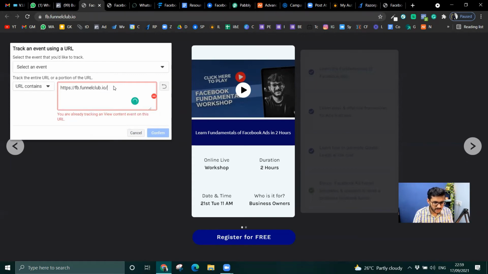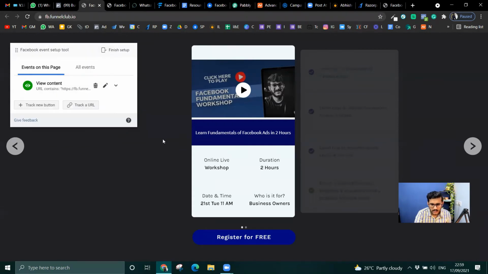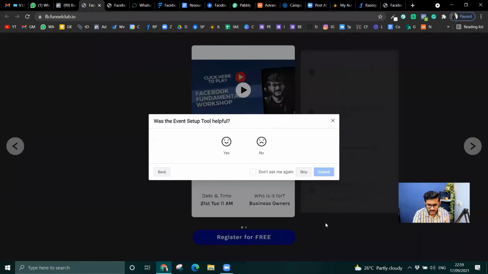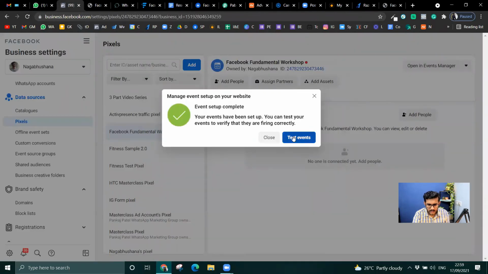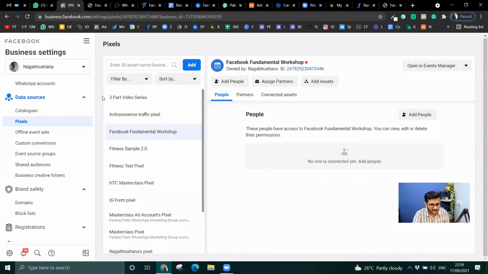Why do I track that here? Okay, let me just cancel this. So I'll just say finish setup for this page. Finish. Don't ask me again. Skip. Okay, this is fine. I'm not going to test the event. It will fire properly.